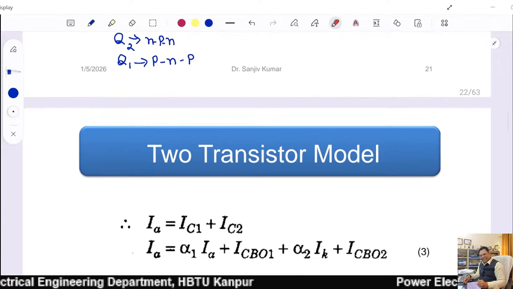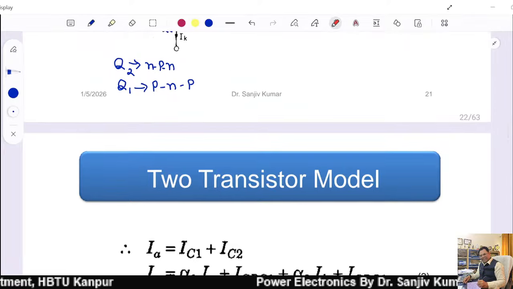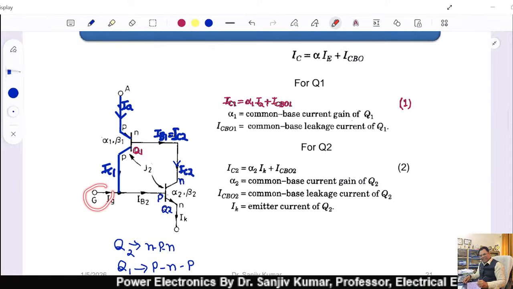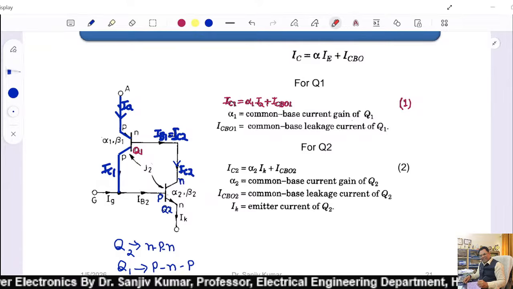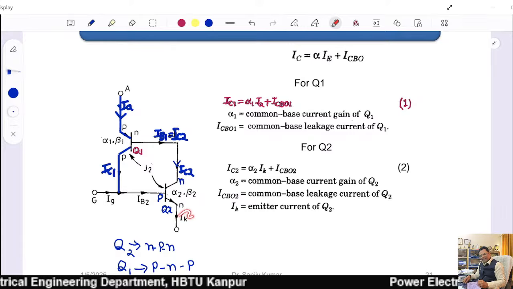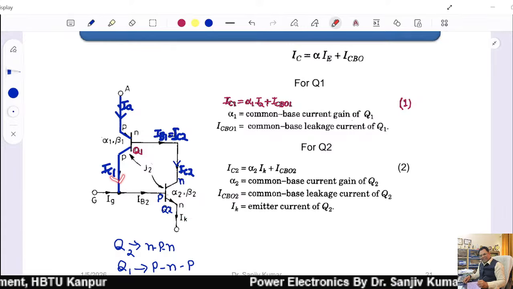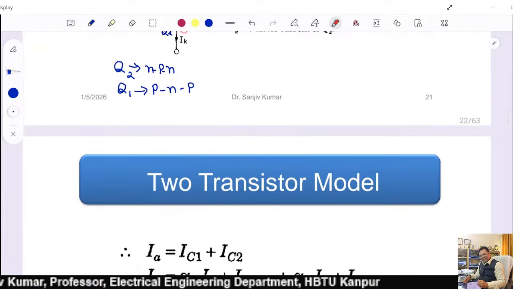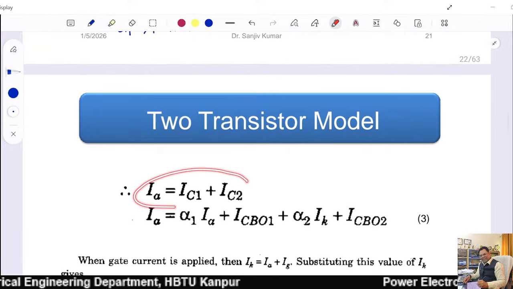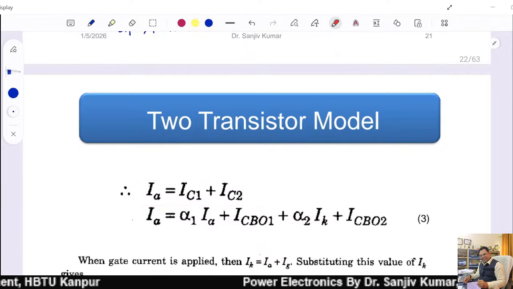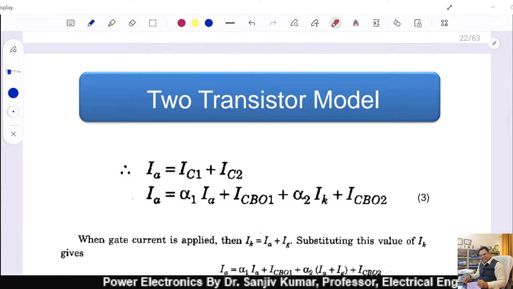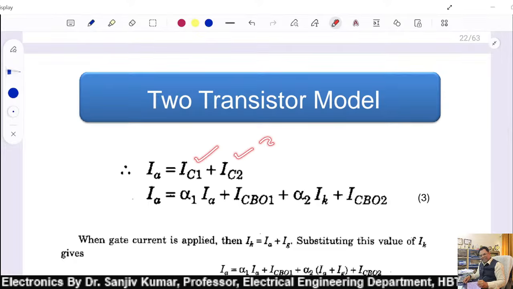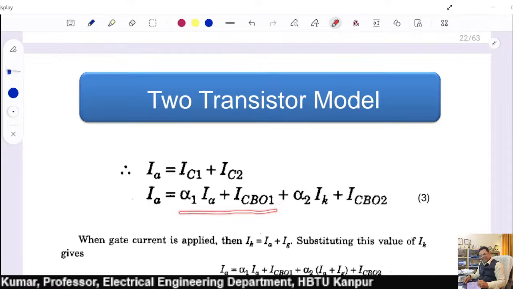Now we know when the gate current is 0. Gate current is 0. See what happened? This transistor current, that is IC2, and this current IC1, that is coming here. So IA is equal to IC1 plus IC2 when gate current is absent. When gate current is absent. Fine. Now we put the value of IC1, which is equal to alpha 1 IA plus ICBO1,